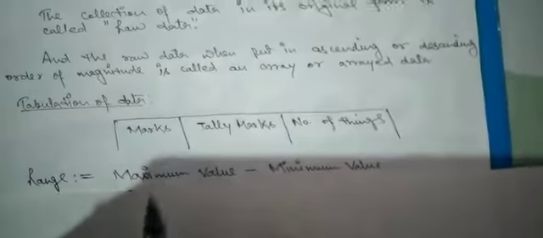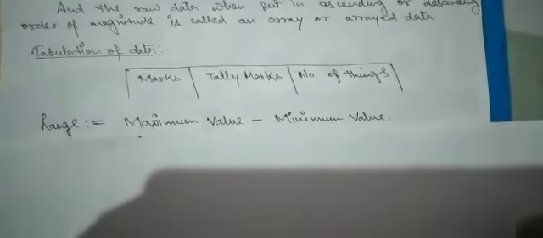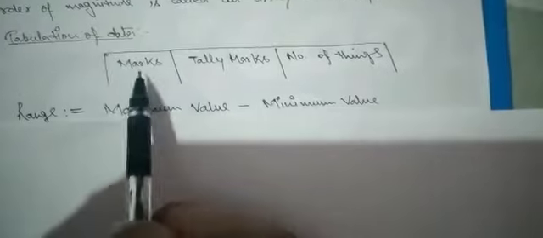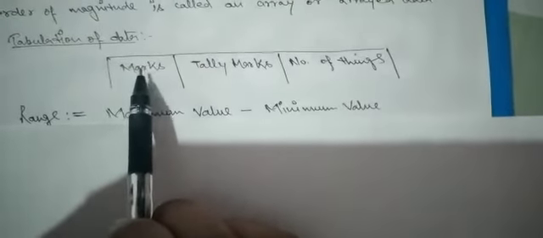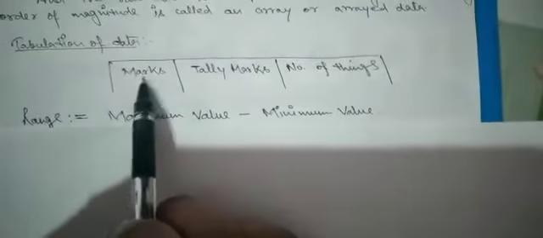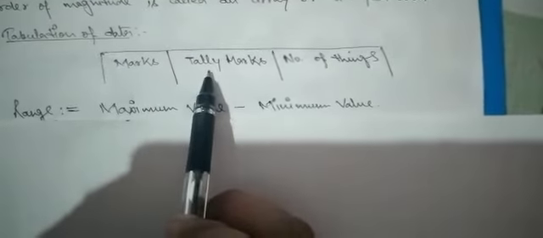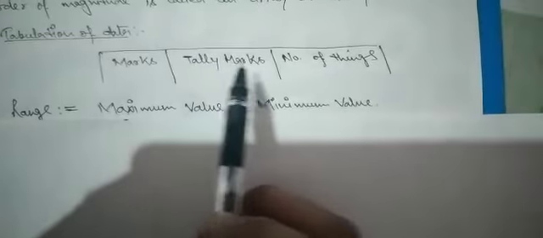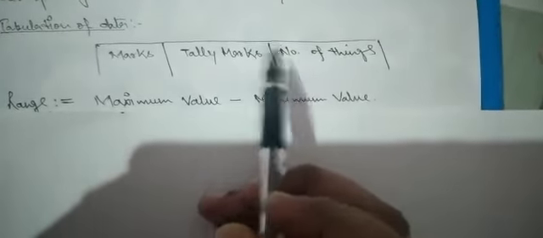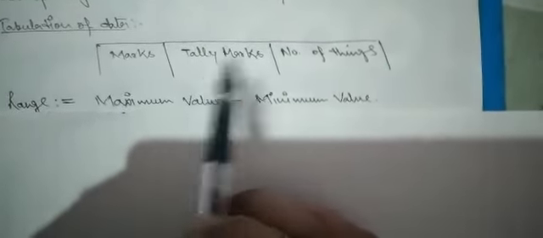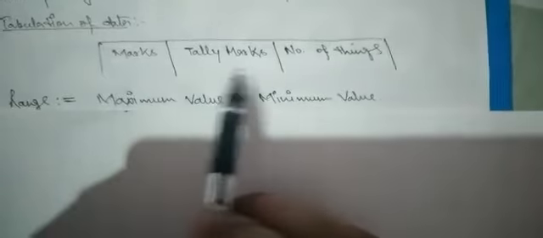After that, whatever information you are getting from there, you'll have to make a table. What things you will have to keep in mind: you'll have to make three columns. In the first, whatever the data is, like marks or members, anything that is given, you have to mention here. Then tally marks: if I'm saying 5 is the number, then how many times it is repeating, you just mark with tally, and then write the particular number in the third column. So if you are making a tabulation of particular data, you'll have to make three columns. Then you'll have to arrange the given data in the form of a table.